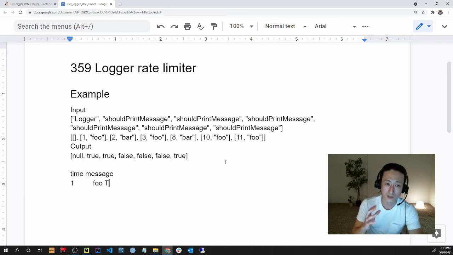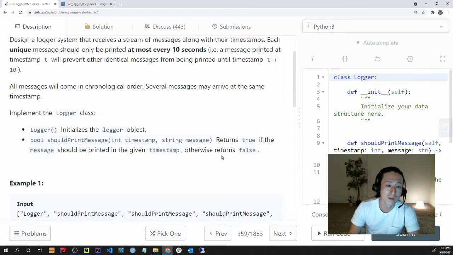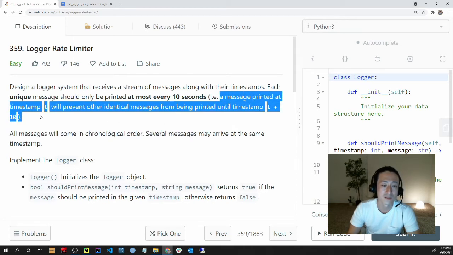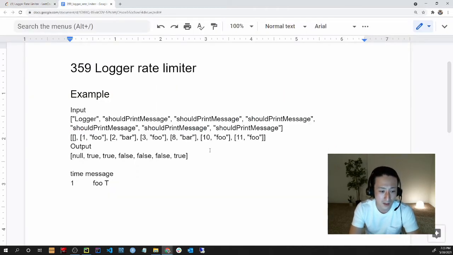This is a unique message that we can print. But we have a requirement that this message is going to prevent other identical messages from being printed until timestamp T plus 10. So this means we print foo at timestamp 1,